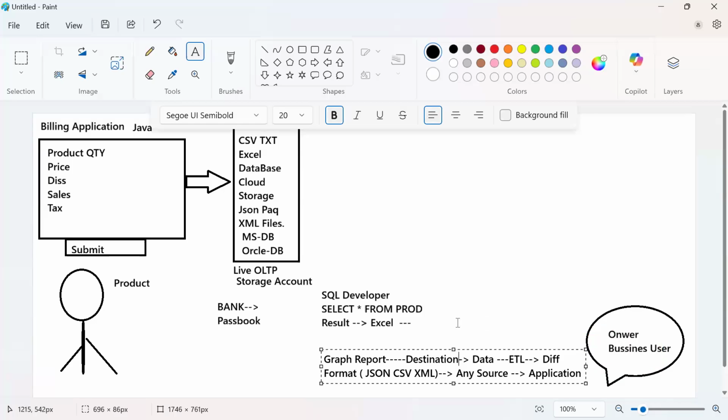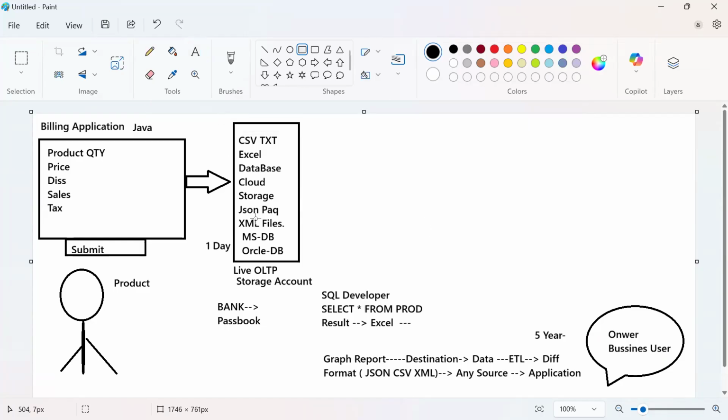What they want to analyze is just 5 years of data. What my client is asking me is they want 5 years of data to do analysis. The people who are not coming to our store, I want to give a promotion to those users. But I am not maintaining 5 years of data here. My live storage will maintain only 1 day of data. In any company in real time, in the live storage, we maintain at most 1 or 2 days of data.